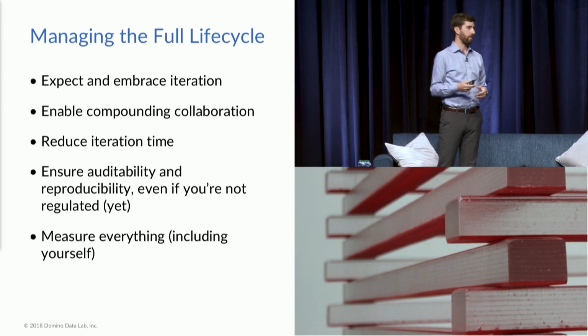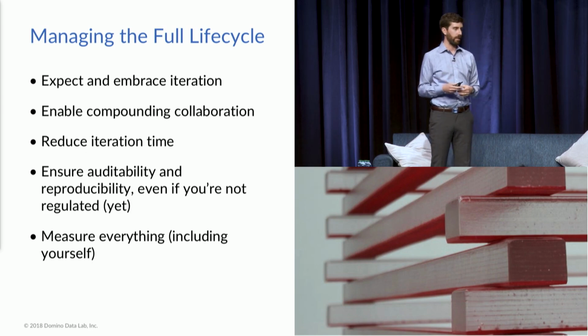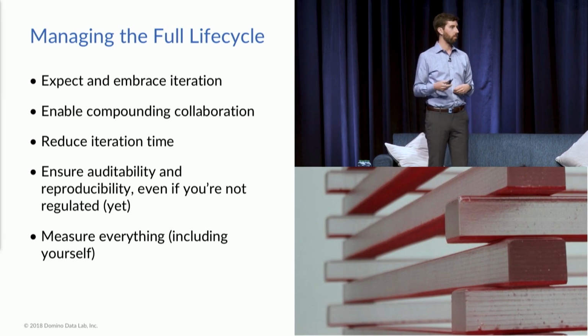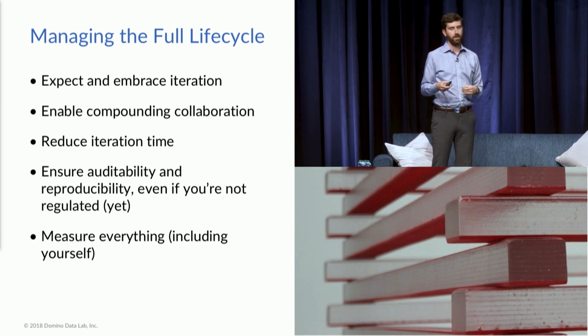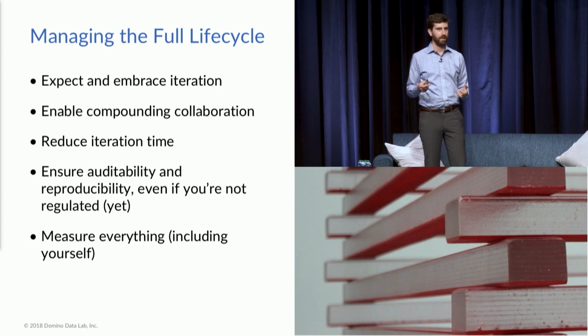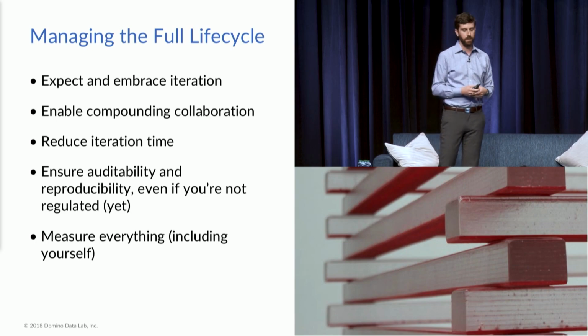The thing you do wanna focus on is this idea of compounding collaboration. So what are you doing and what are you building that somebody else could use? Too often data science teams are doing rework. They're reinventing things that somebody else already did. There's nothing more frustrating than finding out that you just spent 2 weeks on something somebody built 2 months ago. Think about reducing that iteration cycle time. And auditability and transparency. I mentioned it once, I'll mention it again because it's that important. You might not be regulated, that's okay, but don't think that that means that you shouldn't do this.